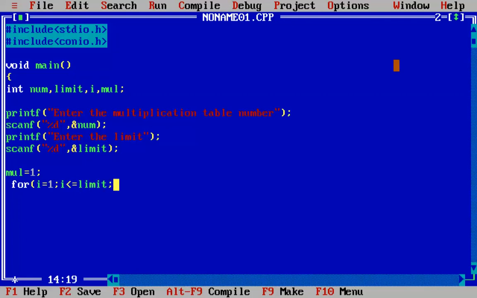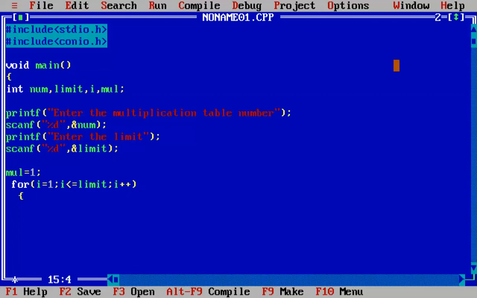and then of course we have to increment or decrement it. Of course we have started it with 1, then obviously we are going to increment this counter. Okay, and this will increment it up to the limit. It will come out of this loop once I will be greater than limit. Once I is equal to limit, it will execute the loop, and once it is greater than limit, it will come out of this loop.